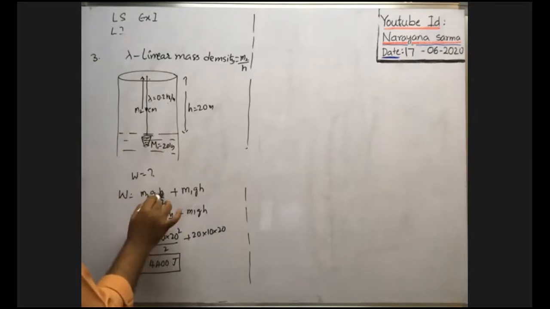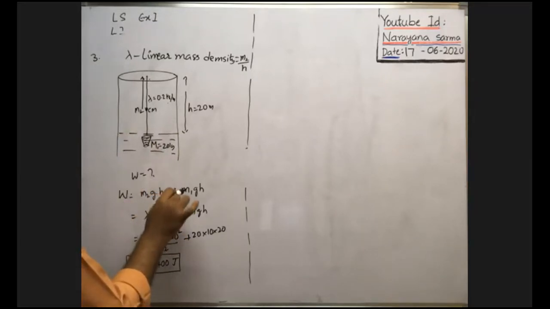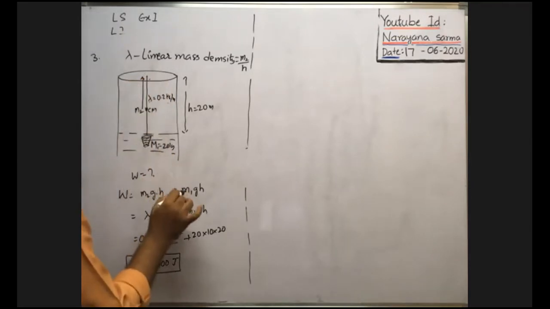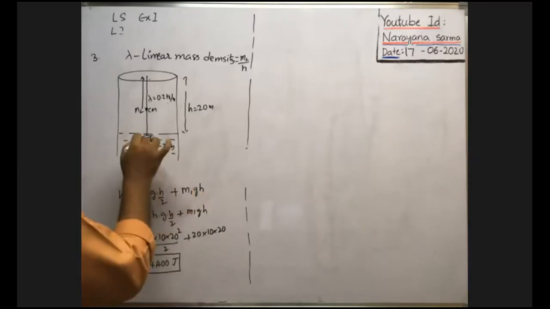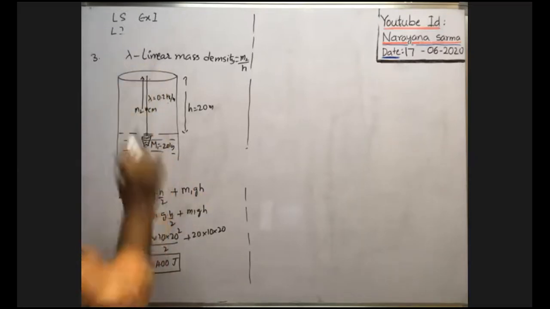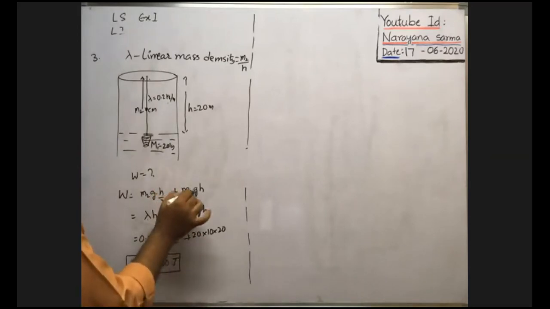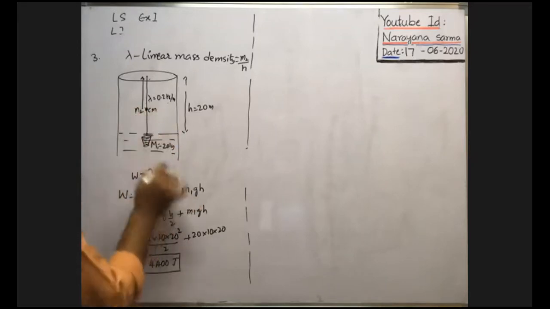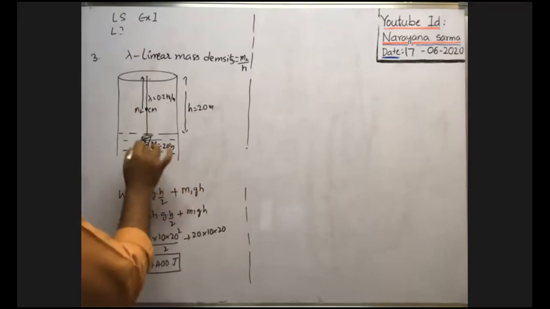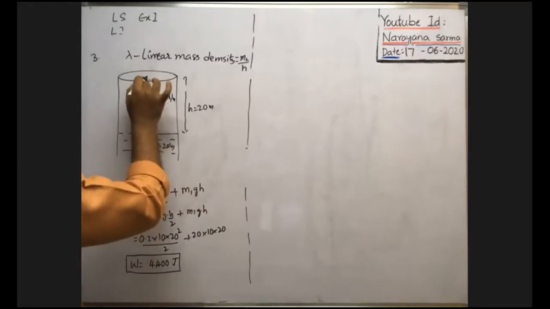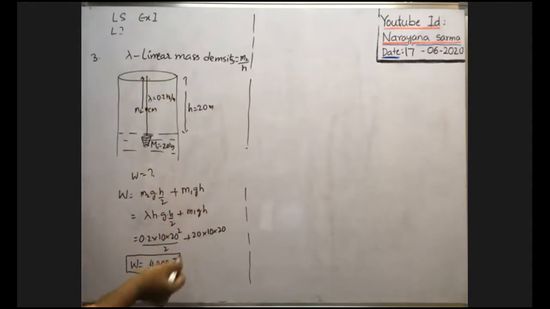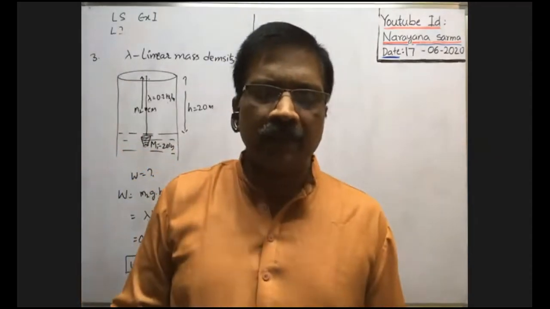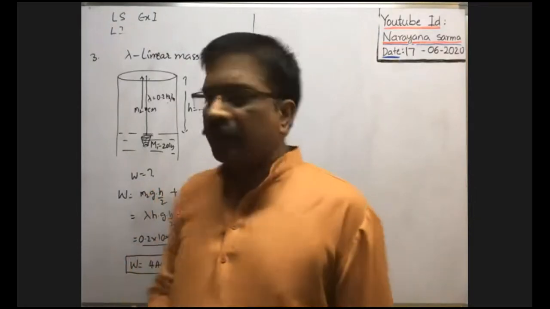That's why the height to which the central mass is lifted is h by 2, plus the work done to lift the water bucket up to the top, that's why m1 g into h. h means the height up to which the bucket is to be lifted. Because m1g is the weight of the bucket, the equivalent force we have to apply on the bucket in upward direction is m1g, into the height up to which the bucket is to be lifted to the top of the well, that is equal to the depth of the well, h. That's why I have substituted like this. Okay, Likit, are you followed? Right. Next,